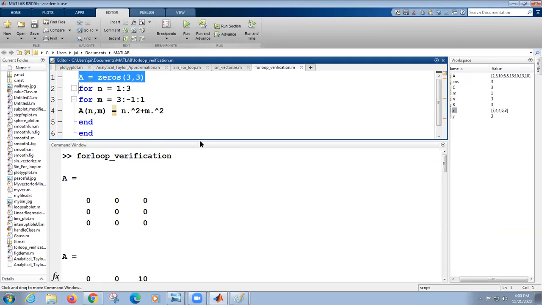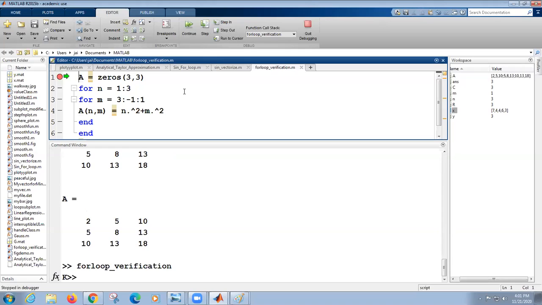Now, there is also one more thing to work with. For example, I can set a breakpoint here. Just go next to line 1 and click on this line. Now you press F5. If I press F5, now see on the command window, you're seeing capital K followed by the command prompt. Yes or not? Yes, sir. Generally, the command prompt means only this double greater than, but now you are in debug mode. You are debugging this. So this capital K indicates that you are in debugging mode.